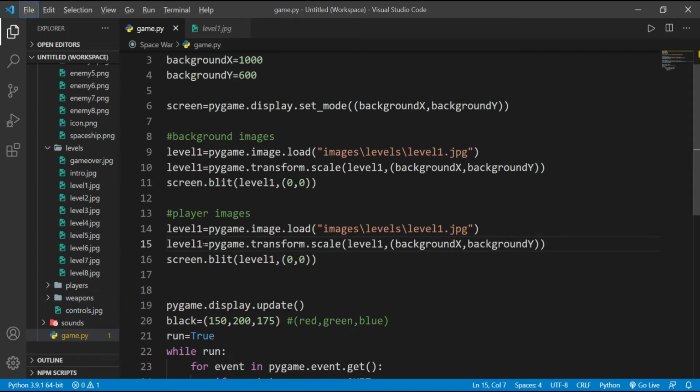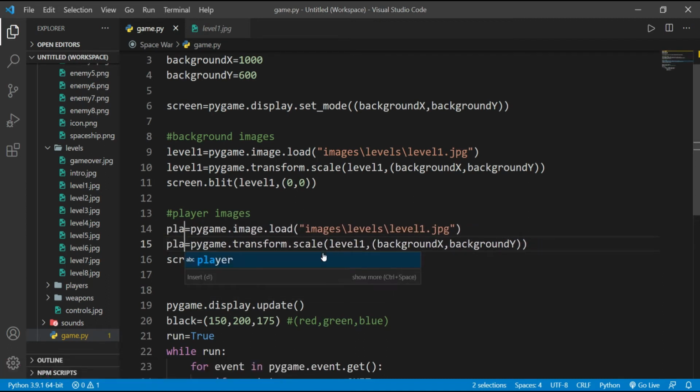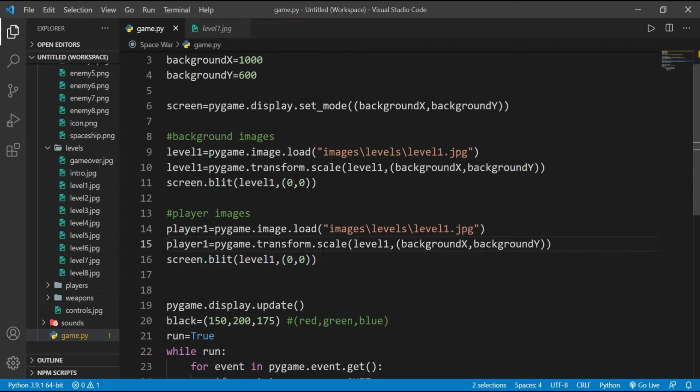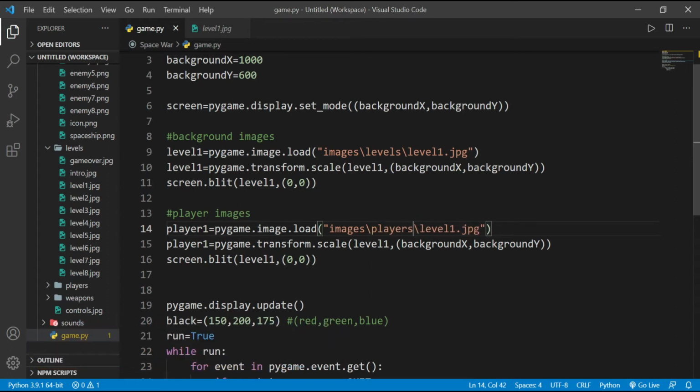And here if you are using VS Code, you can use the shortcut key Alt plus Shift to write in 2 lines at the same time. This will write the same thing in 2 different lines. So here I am writing player1 and then changing the location of our file, which is player, and then I will name this player1.jpg, and here again.